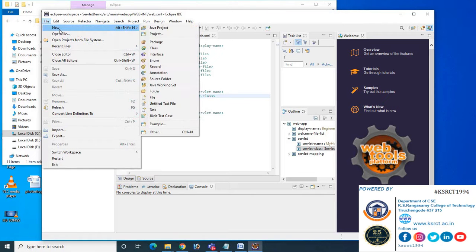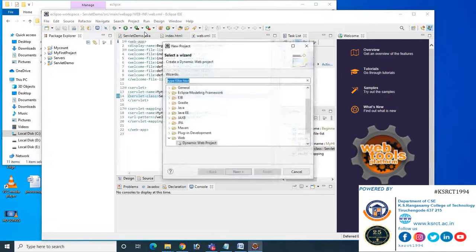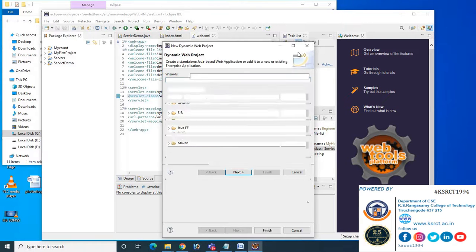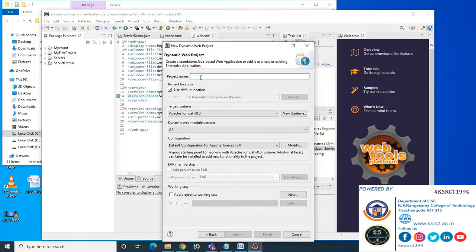File, New Project. In that New Project we have to choose Web, and in that Web we have to choose the Dynamic Web Project. Now we have to give the project name. Let us give it as MyServletDemo.